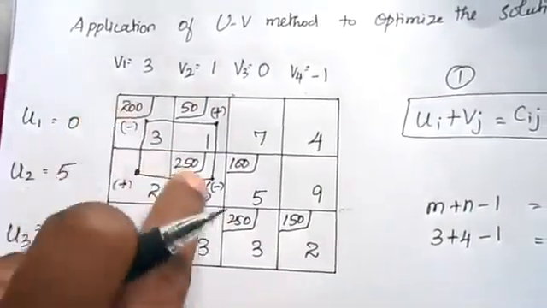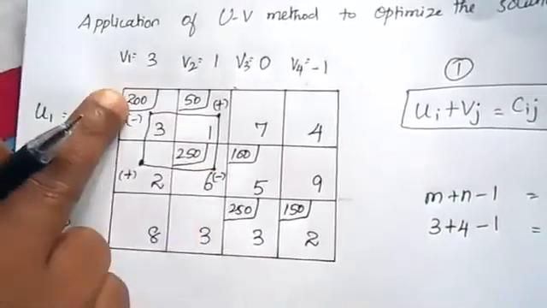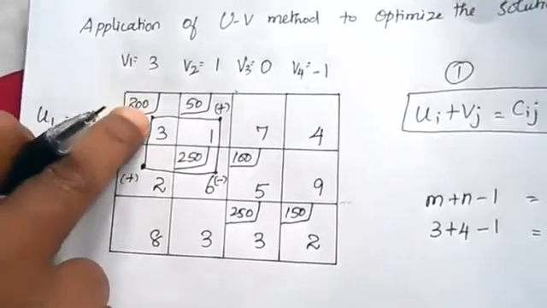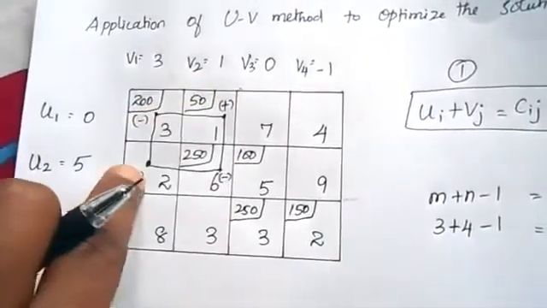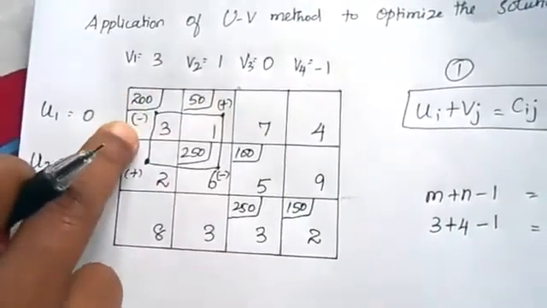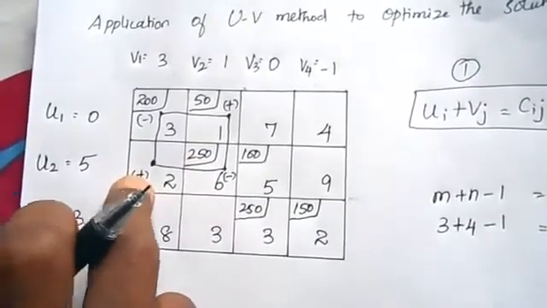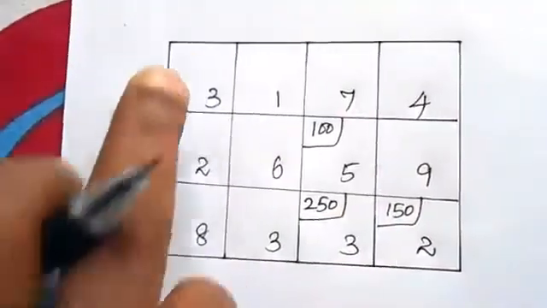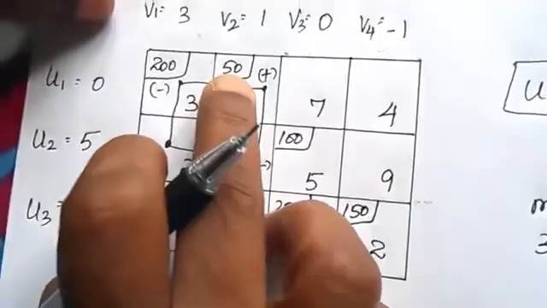So here we have 2 negative values now: 200 and 250. Which one is least? 200 is least. So you need to subtract 200 from here and from here, and you need to add 200 to this value and this value, where we have positive values. So 200 minus 200, 250 minus 200. Here you need to add 200. Here also you need to add 200. So 200 minus 200, no value. Here 50 is there, no? 50 plus 200,